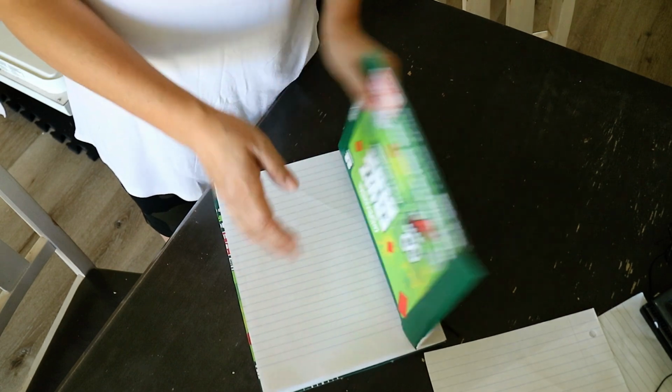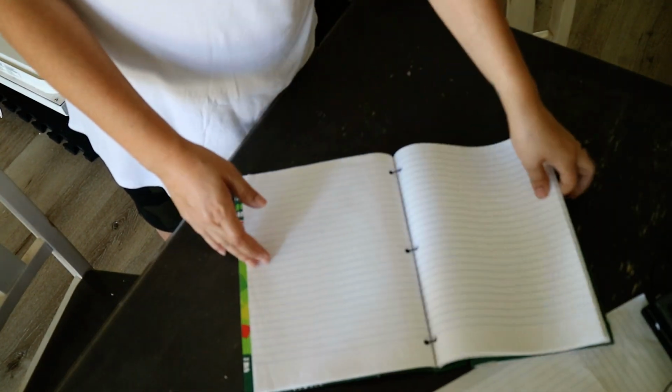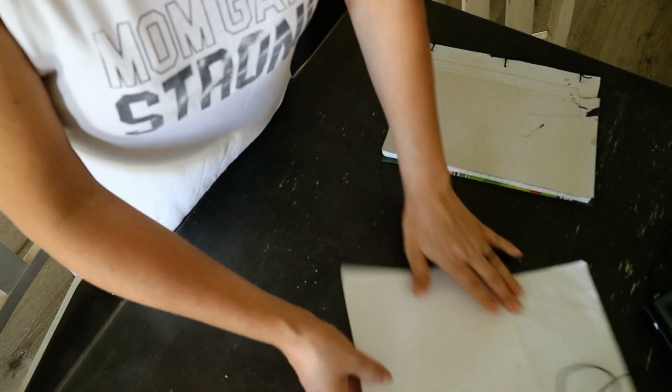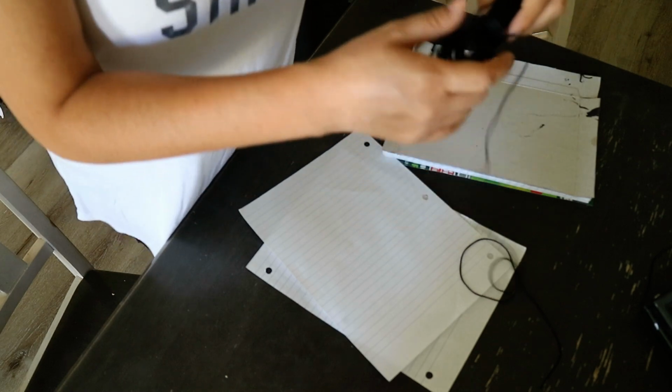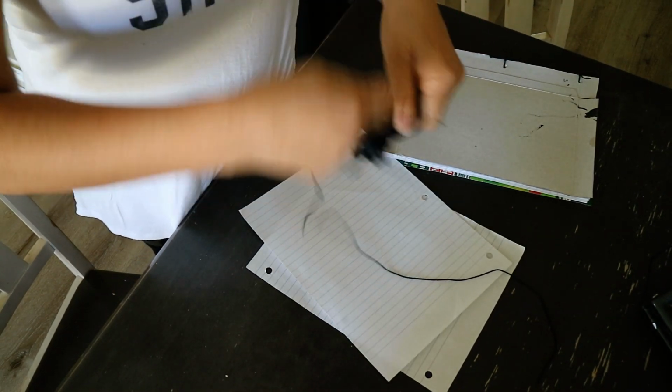Here's our finished product, in case you were wondering. So, that's done. We're gonna clean up. Got a couple pages left. And then I want to get started on cleaning up the